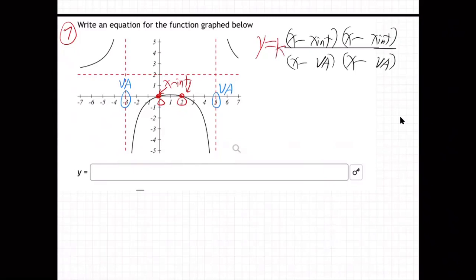And there's a k in the front, so it's y equals k times